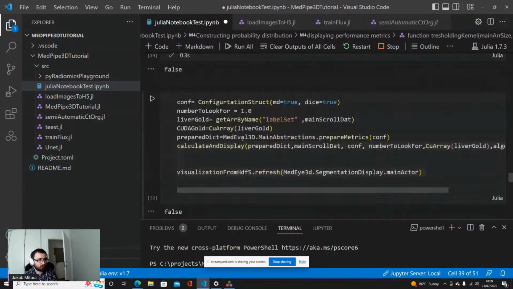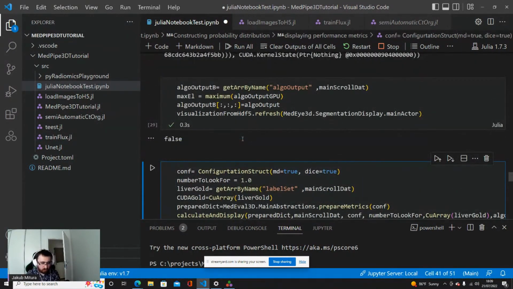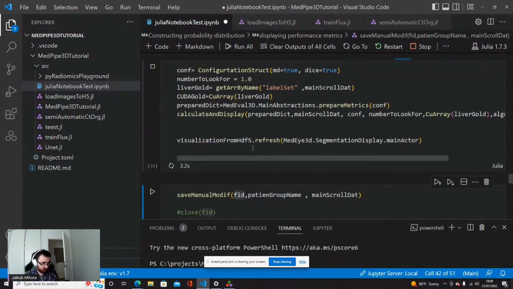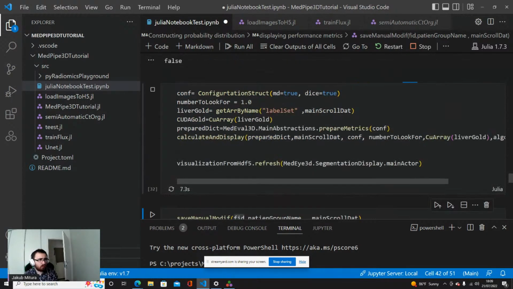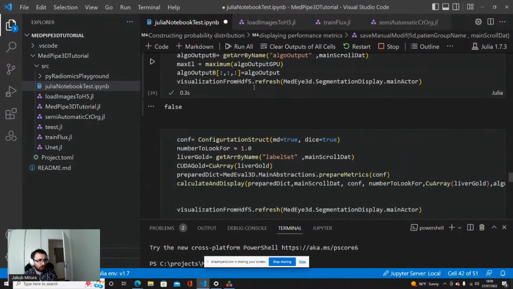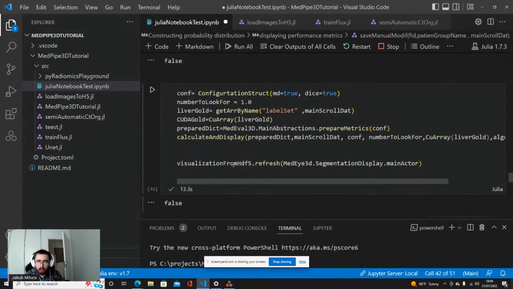Okay, so let's get back here, because I forgot that I did not yet show you the performance metrics. This is also a very important idea. Here we already had the threshold, so now we need to define the metrics and display them.